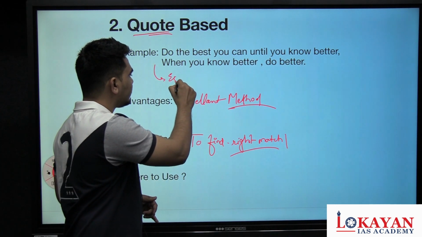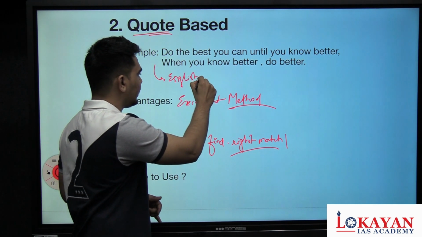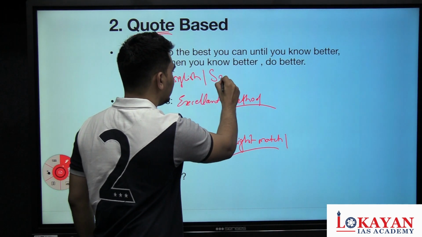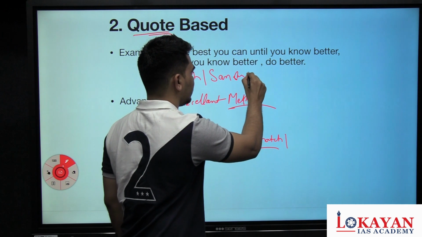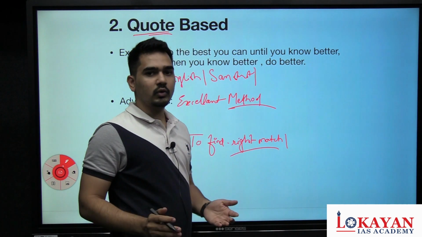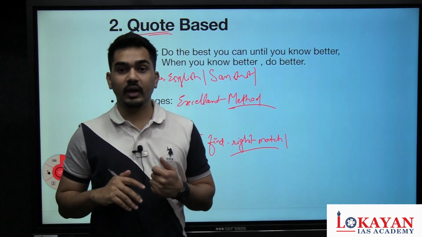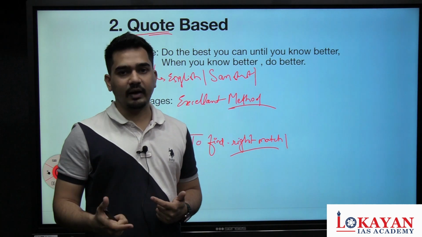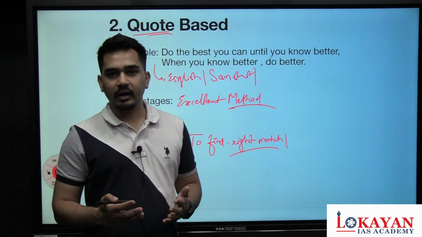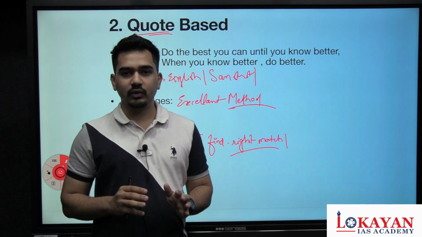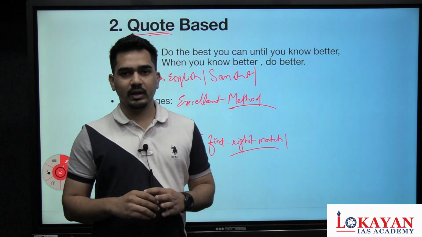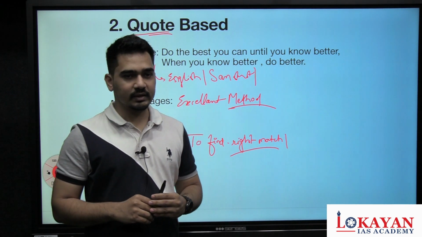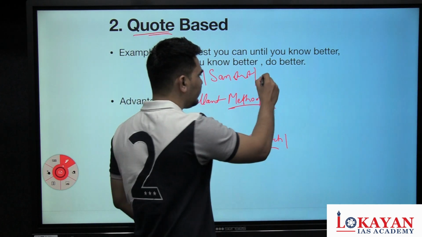One more advantage that I forgot to mention is you need not stick to just English quotes. Maybe you can use something in Sanskrit. There are very beautiful quotes present in Sanskrit. It's just that you will have to put in some effort and find those quotes. Make a compilation, not huge, at least 10-15 quotes on various different topics based on the previous year's analysis. You can even use Hindi